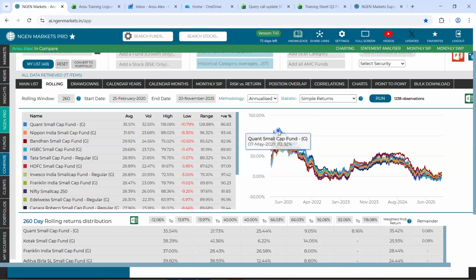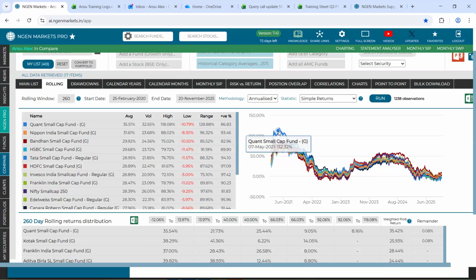For example, if I keep my cursor on this point, it says quant small cap, 7th May 2021, and 112.32, which is to say that if you would have held this fund exactly 260 days prior to 7th May 2021, you would be having a rolling return of 112.3%.